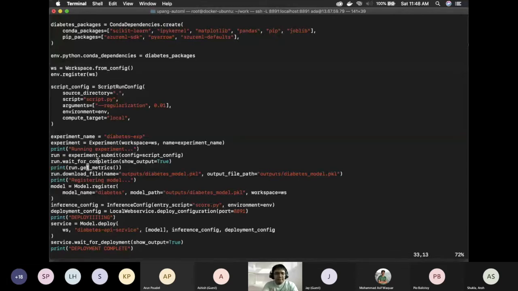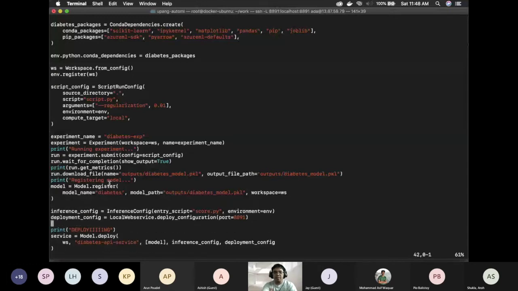And then next we're registering the model because we're going to use it. And then in here, another important part. Code looks horrible, sorry about that. So we have inference config in here, and we're specifying the local web service, as we talked about earlier. And then we're specifying the port. If you do not specify this, it will pick a random port that's open, and you will just see what the port is.